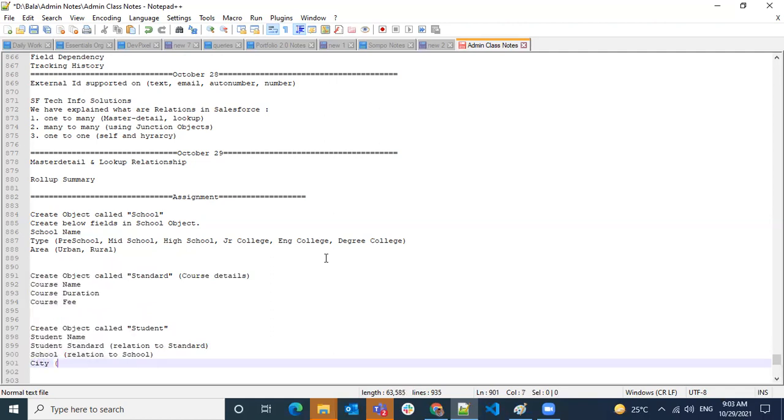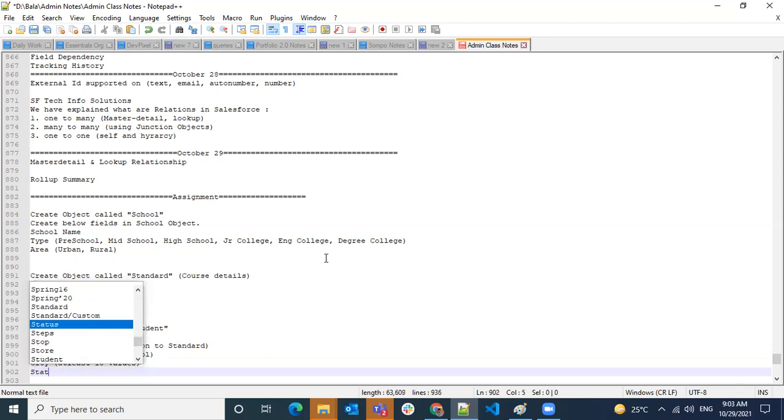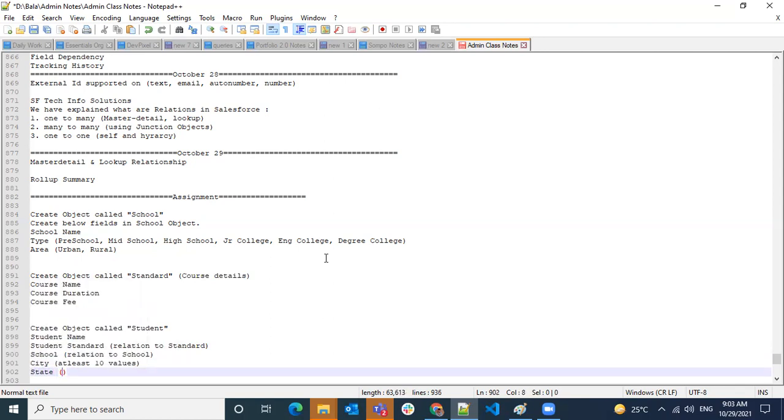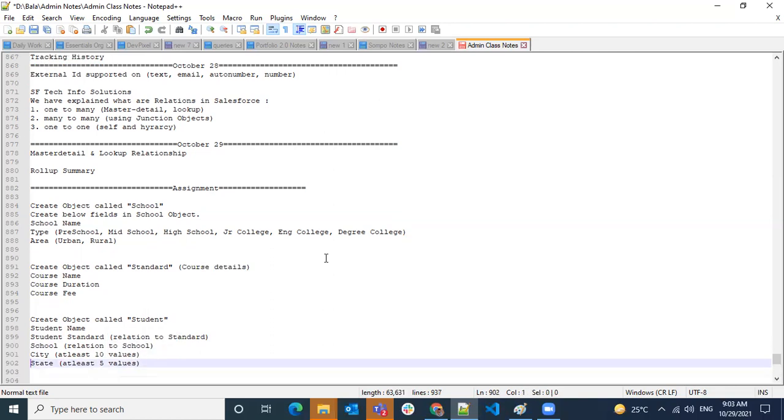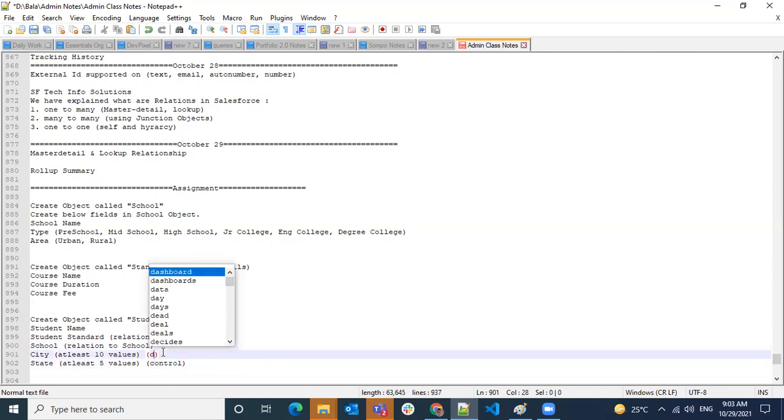And city, give some values, at least 10 values. And state, at least 5 values. This is the control field. This is the dependent.